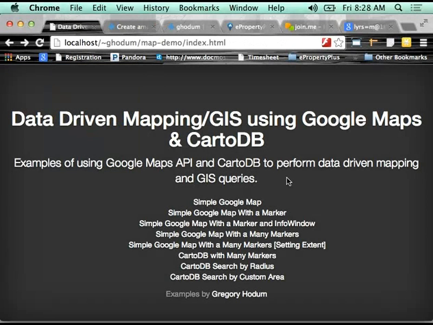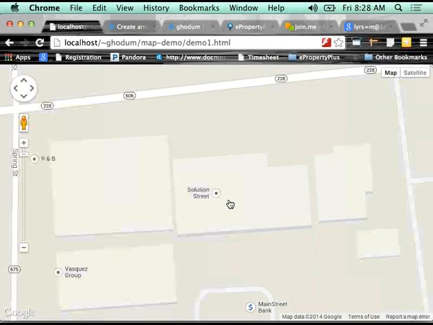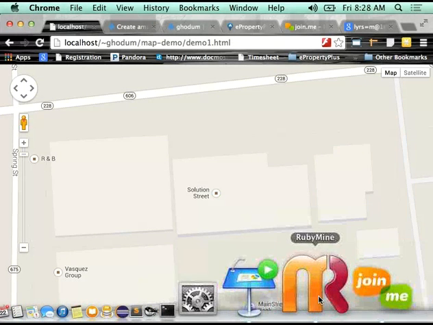All right, so the first example here is the simplest example you can have using the API. Just bring up a Google map on your website and center it on a particular location. So here we are centered on Solution Street's office where we are right now. So if we take a look at that code,